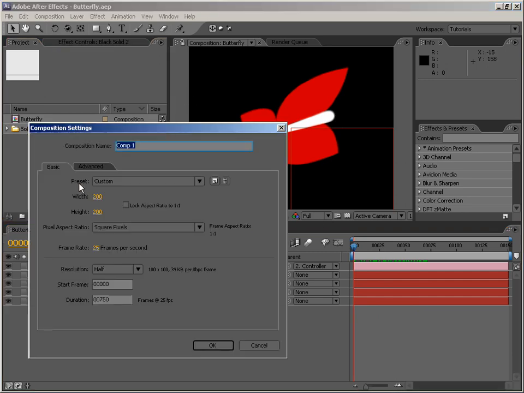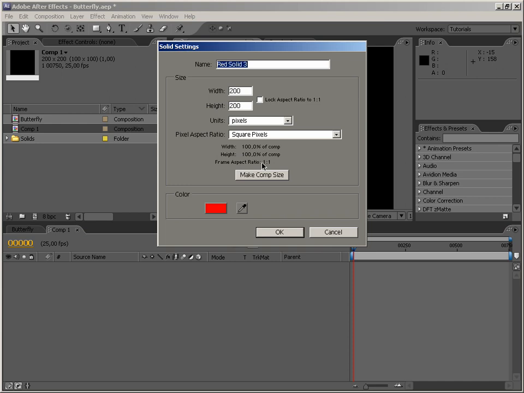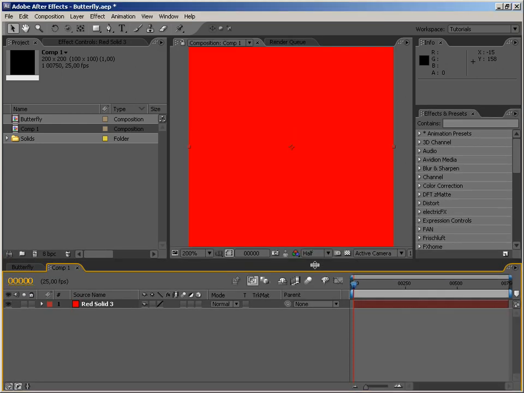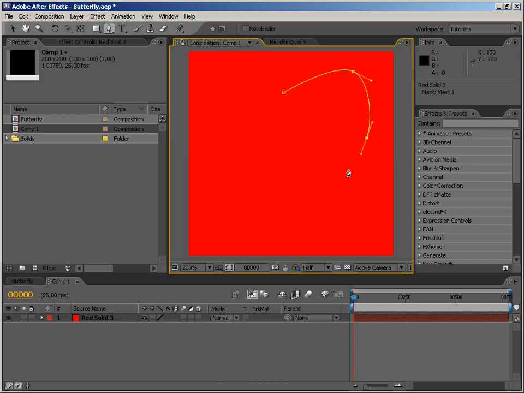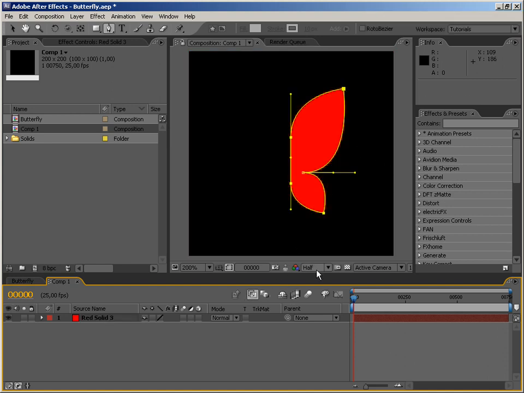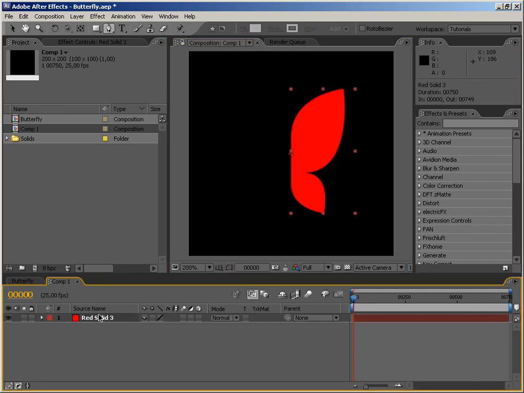So let's just go ahead and create a new composition, 200 by 200, that's fine. Create a new solid, make comp size, whatever the color, we can use red, that's fine. And that's the first step, and of course we need to now paint the wing that we want to use. I already copied it, so I'm just gonna paste a mask to this layer, and that is the wing. Let's just move to full res. Okay, we can turn the masks off for now, and let's just call this